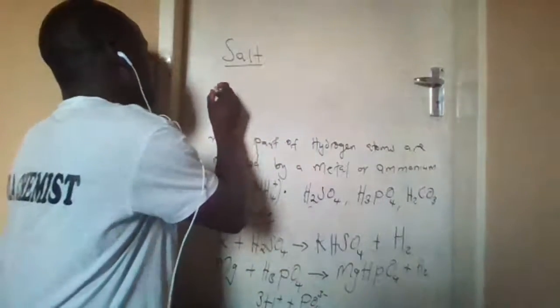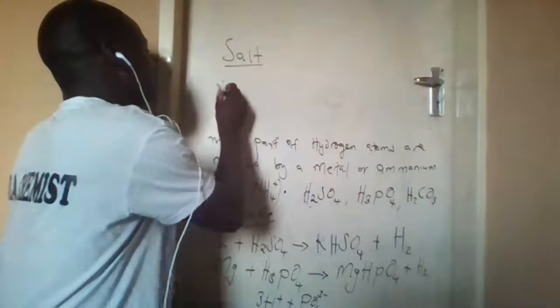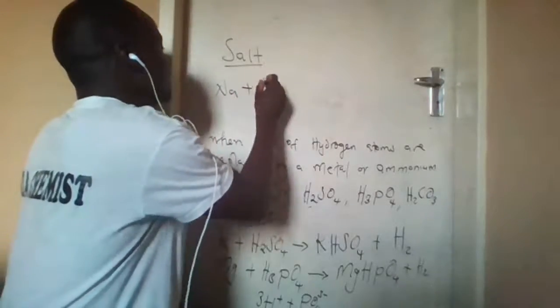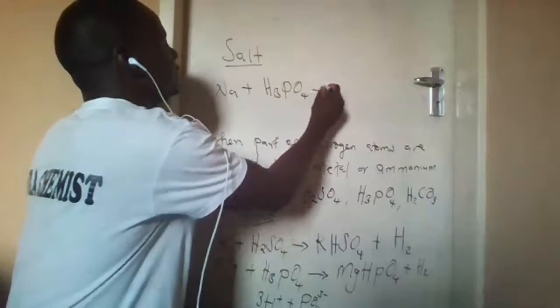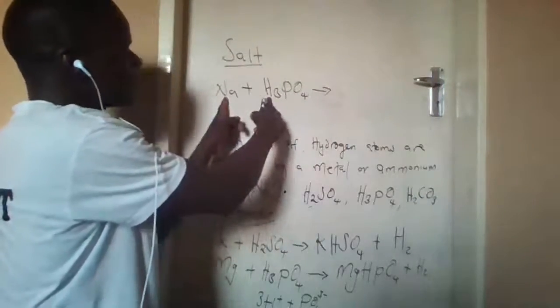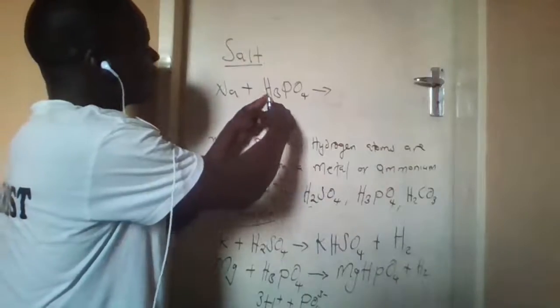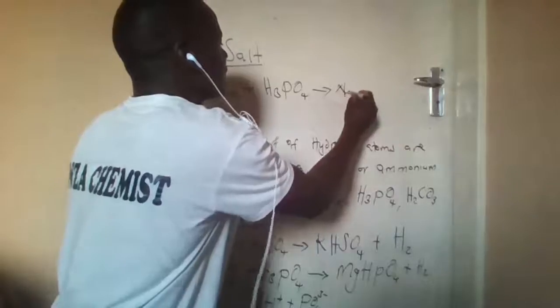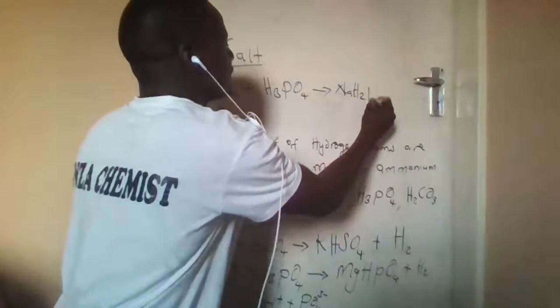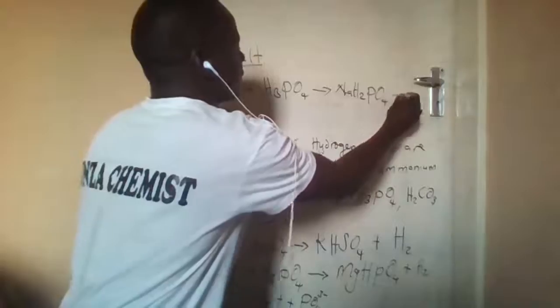So what I mean is, let's say sodium, Na. Sodium plus phosphoric acid. In here there are 3 hydrogens. This guy has got a valence of 1. So it's going to remove only 1 hydrogen, and then you're going to have sodium hydrogen 2, then PO4,